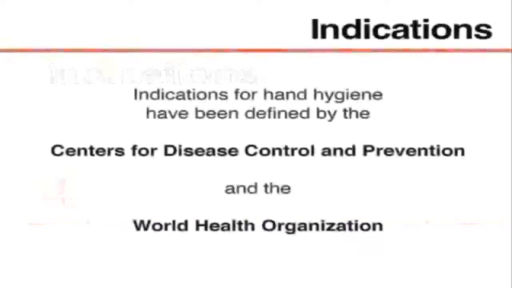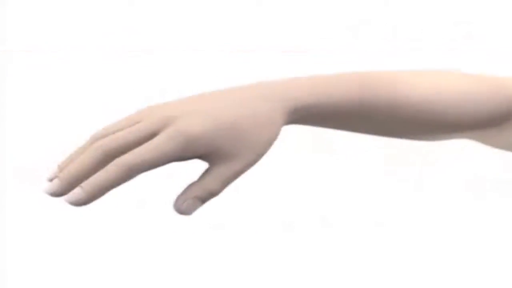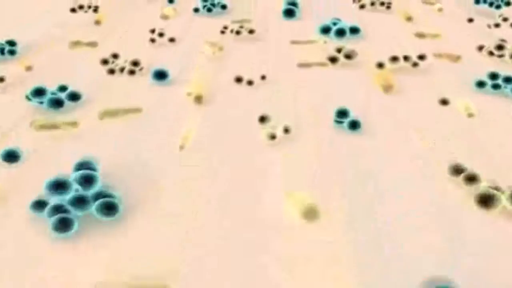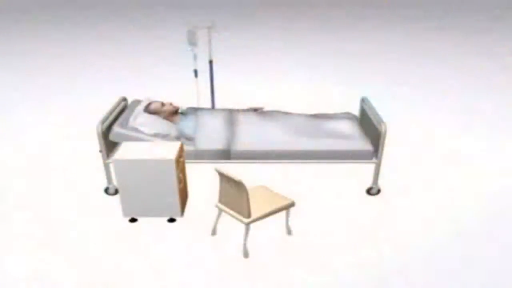The indications for the use of hand hygiene by healthcare workers have been clearly defined by numerous organizations, including the Centers for Disease Control and Prevention and the World Health Organization. We will now review these indications. We will first review some of the basic principles of cross-transmission of microbial pathogens. The skin and mucous membranes of every human being are colonized by various microbial species. When hospitalized, patients gradually shed these microorganisms onto inanimate objects in their immediate surroundings, for example, onto bed linens, gowns,